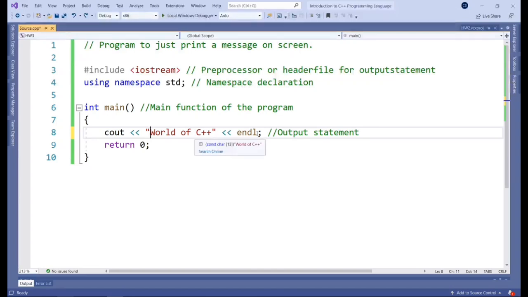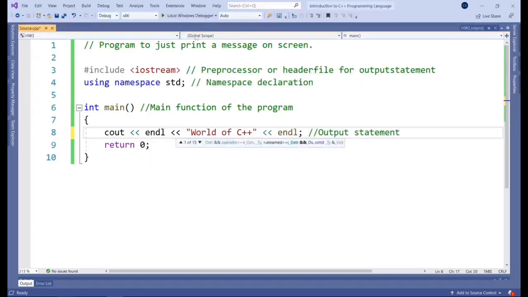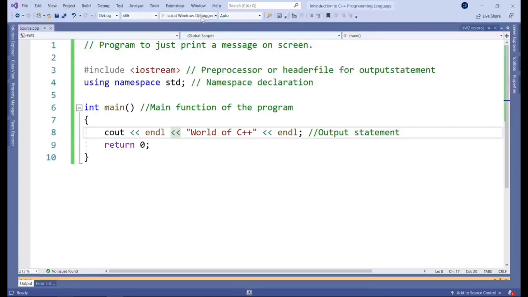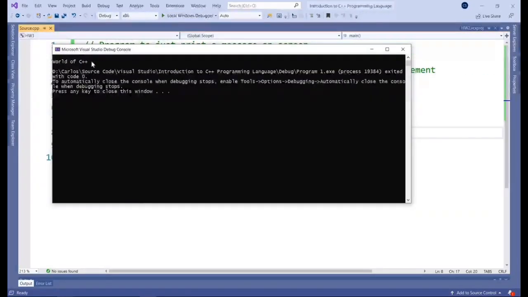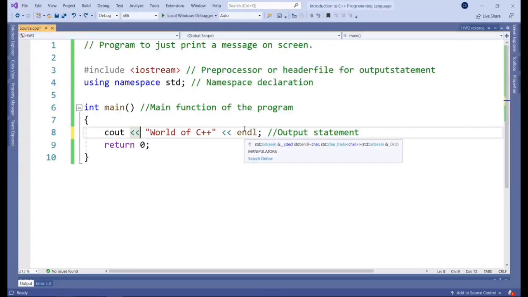Try different things. For example, we can add an extra line break in here before we get to the string. Change the code and really make it your own to try and see if you can learn how things work by interacting with it. So don't just read it. And that's it for program 1.